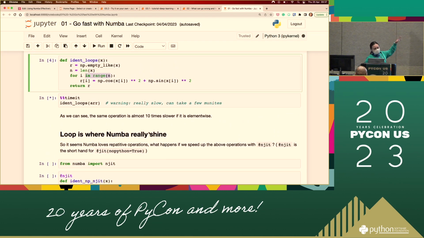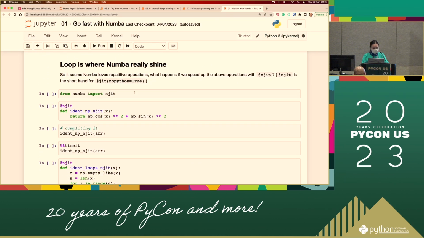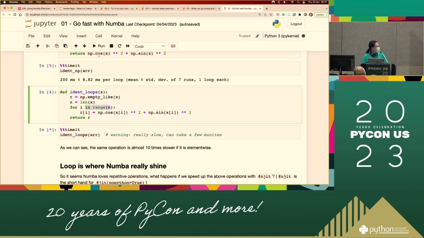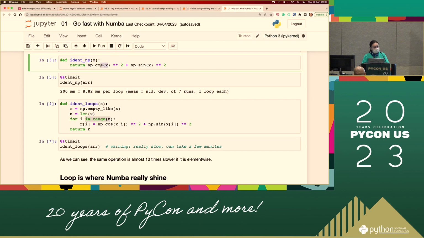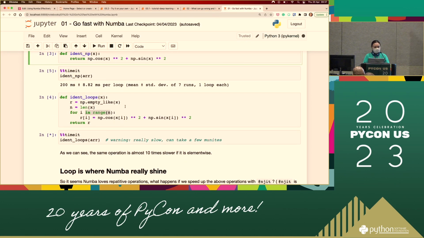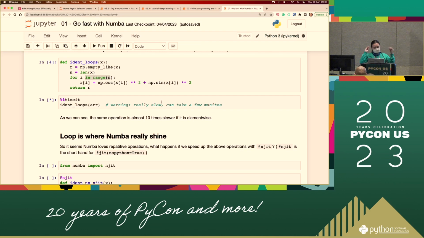But why do I talk about element-wise operation? It is because sometimes, for this one, we already have a very nice NumPy built-in method that can handle it for us, so we don't have to worry about it. Just do the NumPy way, and we will get it done. But sometimes you want to do something a little bit specific, that doesn't have a NumPy operation that does it for you. You have to do it element-wise.